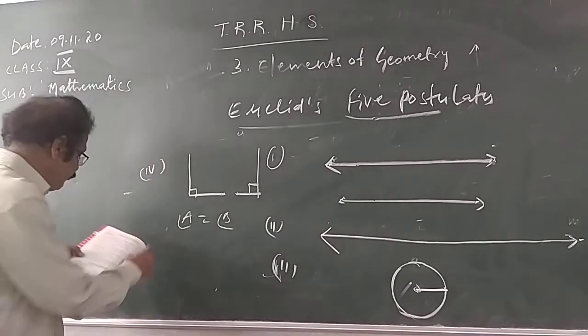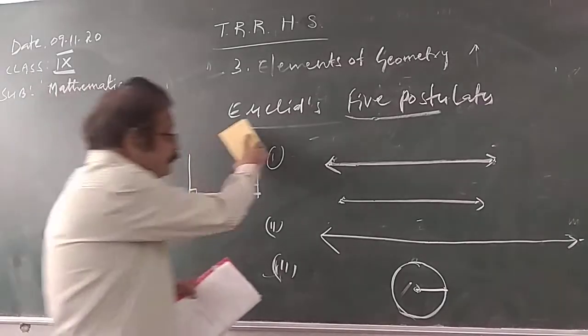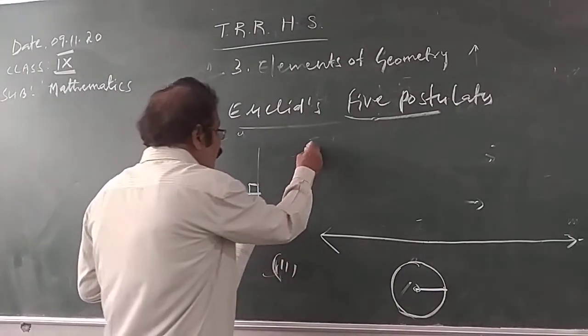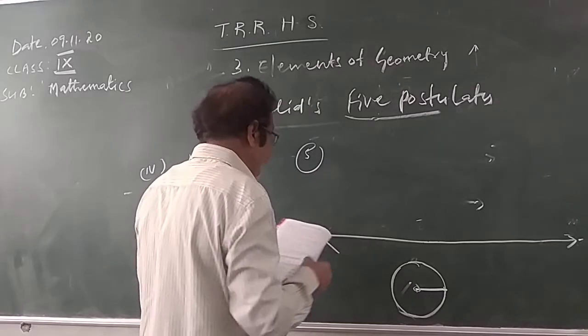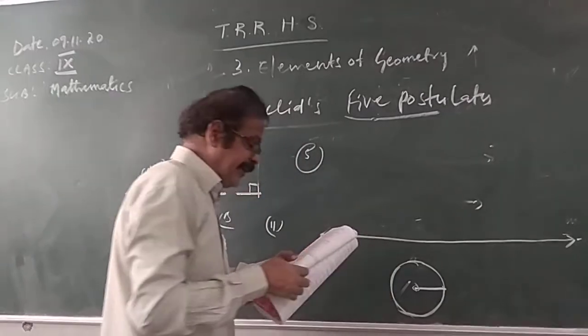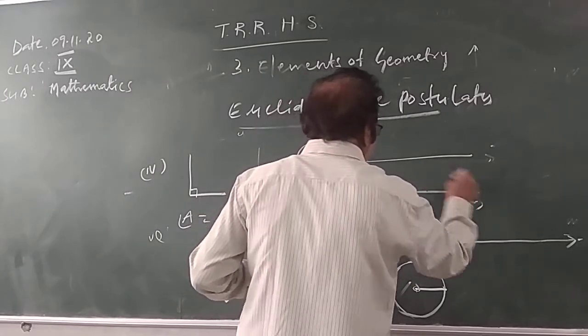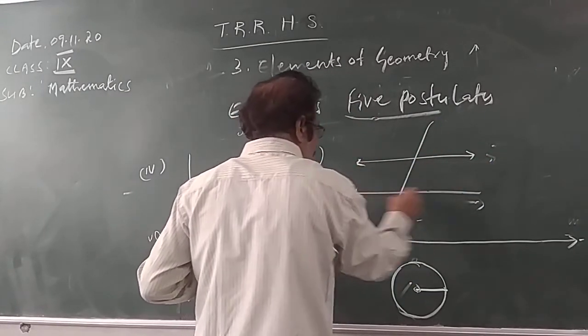Next, the fifth postulate. The most important postulate. The fifth Euclid postulate is if a straight line falling on two straight lines makes the interior angles. For example, this is a straight line. These are the straight lines. On this